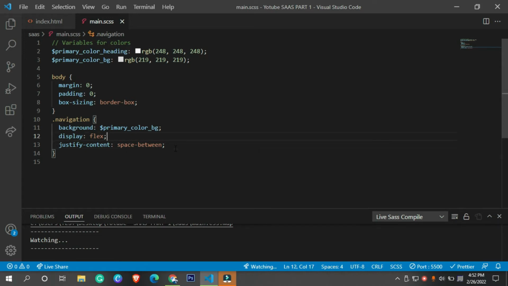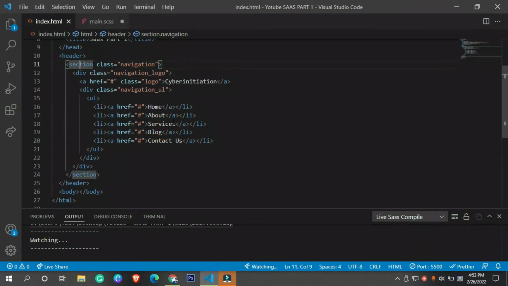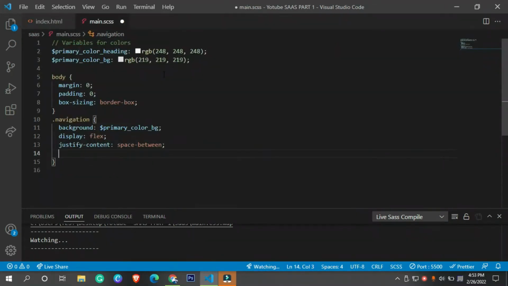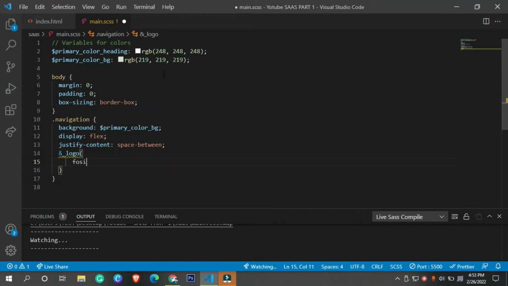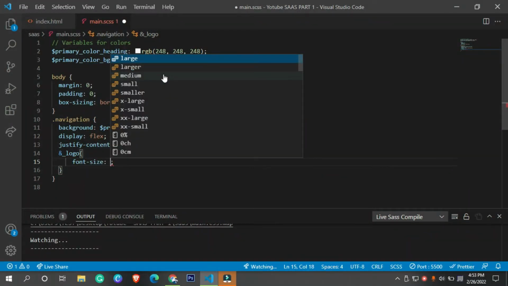I don't know what the sign name is. So let's target this particular thing. I'm going to copy only this part, underscore logo, and paste it right here. So the ampersand holds the entire navigation keyword.